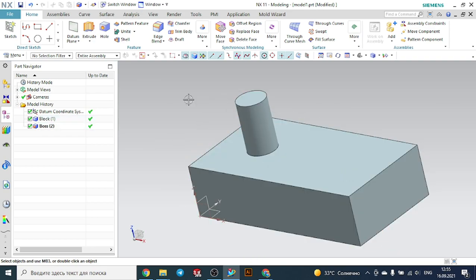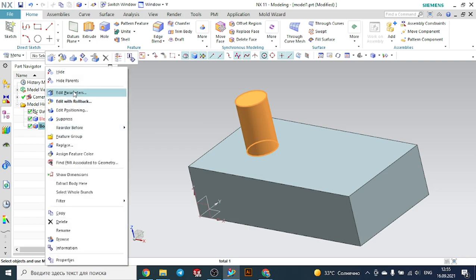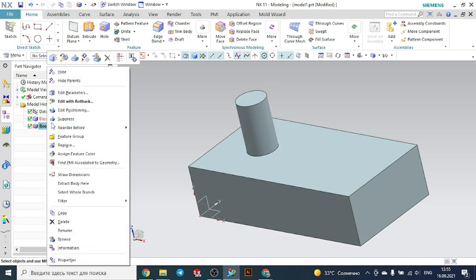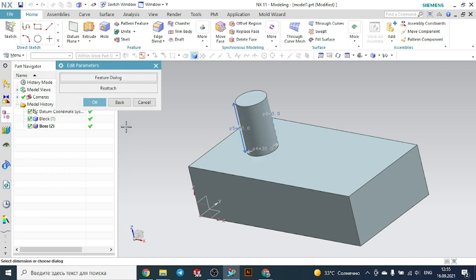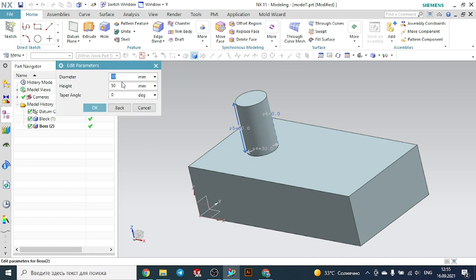See, it is how to create the boss. Here in the part navigator we created this boss. Also we have the block. You see if you select it will be selected, and if you want to change the parameter of the boss, select the boss, and here the edit parameters option will be created. So you see here the right click and edit parameters, and you have to select the feature dialog, and by putting the numbers here you can change the values of the boss. For example 20,